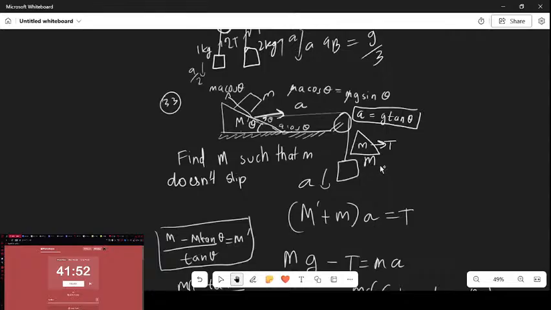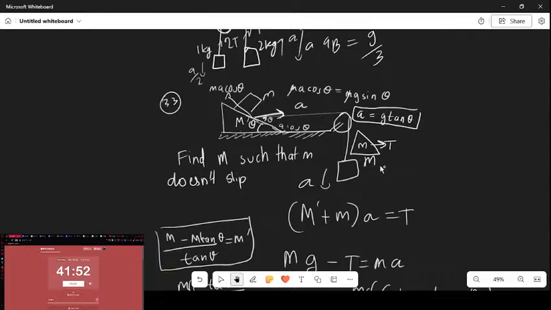Now from there, we know that mg minus tension is equal to m1 a, and I just transfer this here. a minus g is equal to minus tension, g minus a, tension, m plus m, g tan theta, here mg,